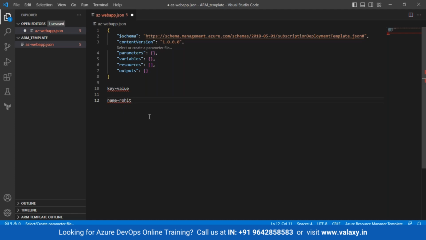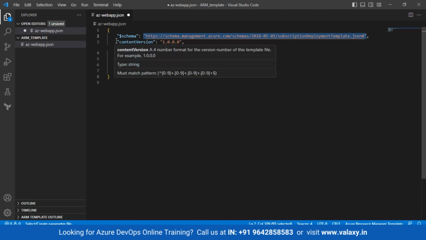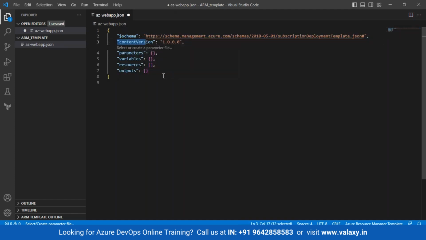So whenever you see these curly braces, it's a dictionary. Now, if you see this, the template itself starts with curly braces and ends with curly braces. And in between, these are all dictionaries. This is the key and this is the value. This is the key, this is the value. Now, wherever you see this bracket, this is a